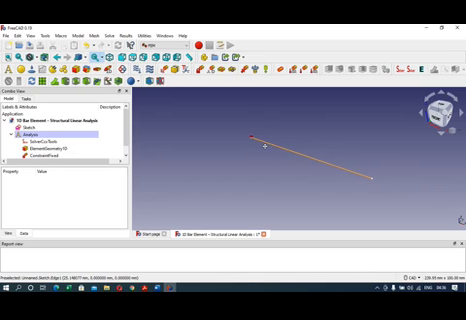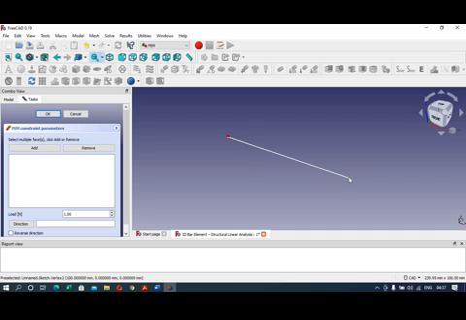So if you zoom into it, you will see that the left end of the bar is fixed 1. Okay. So now a force of 1000 Newton is applied at the free end. So you can apply the force with the help of this button, create a FEM constraint for a force acting on the geometry. So select this point, then add. So sketch vertex 2. Then the load here is given in our question is 1000 Newton. So you can enter the value of 1000.